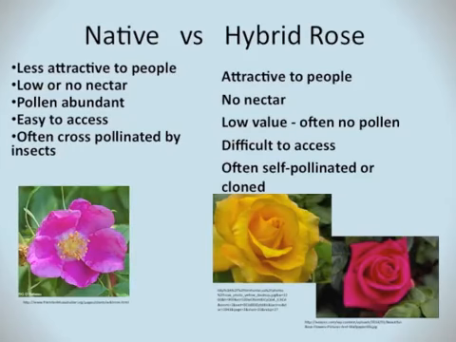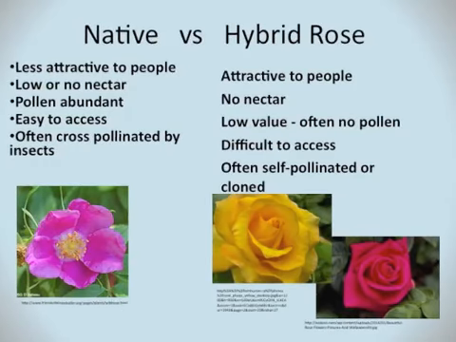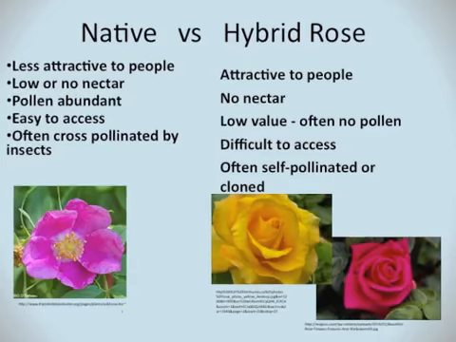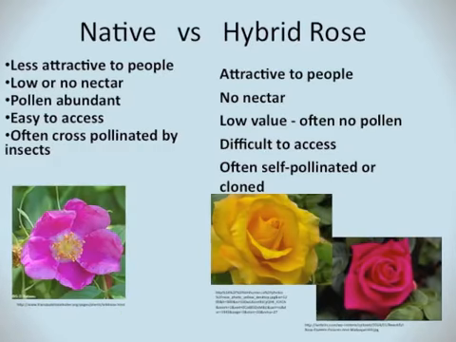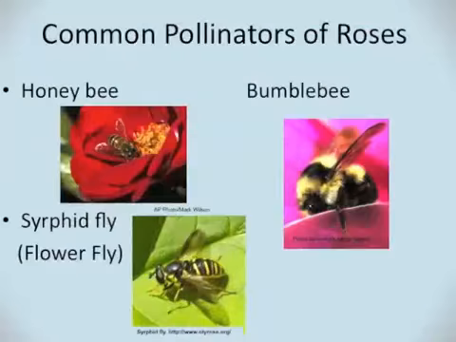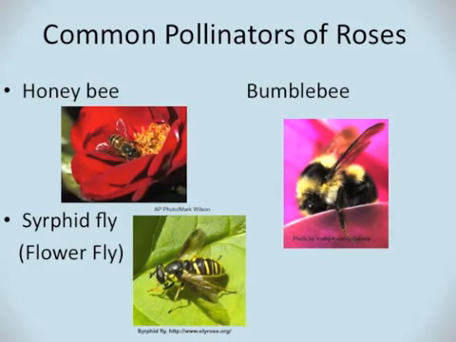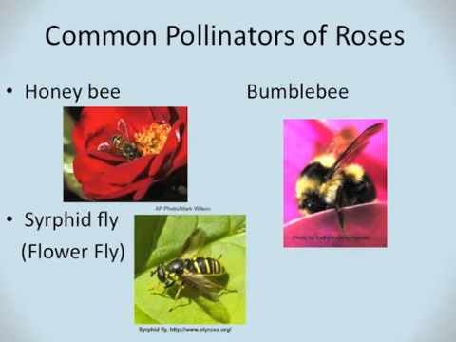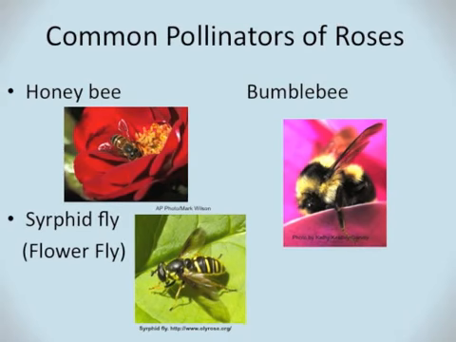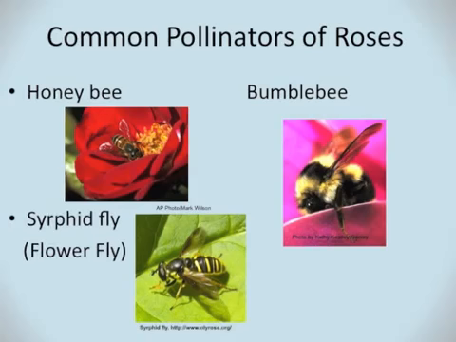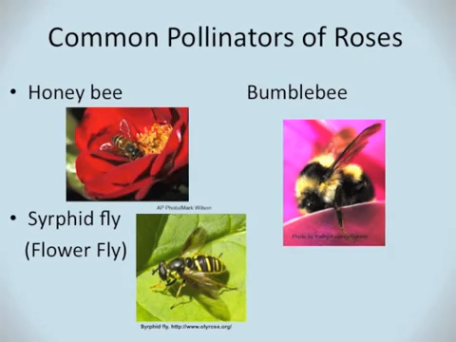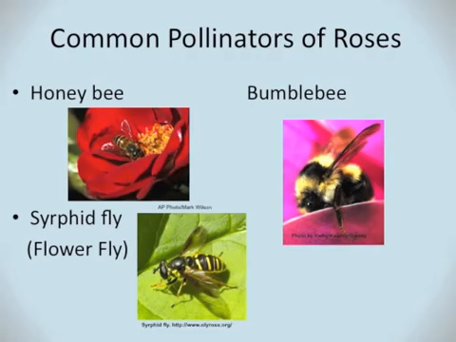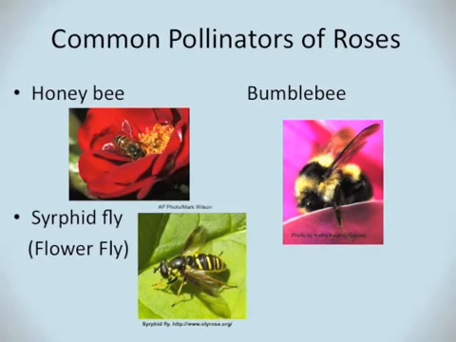Also, an important fact to know about roses is honeybee pollinators are not attracted to the red-colored roses. Although neither side provides much nutrients, native roses are more beneficial in the landscape for pollinators. Roses are visited by generalist insects. These insects collect nectar and pollen from the flower. These generalists include honeybees and bumblebees as well as flower flies. Interestingly, flower fly larvae are excellent predators of aphids, which add to the beneficial relationship between the flower and the